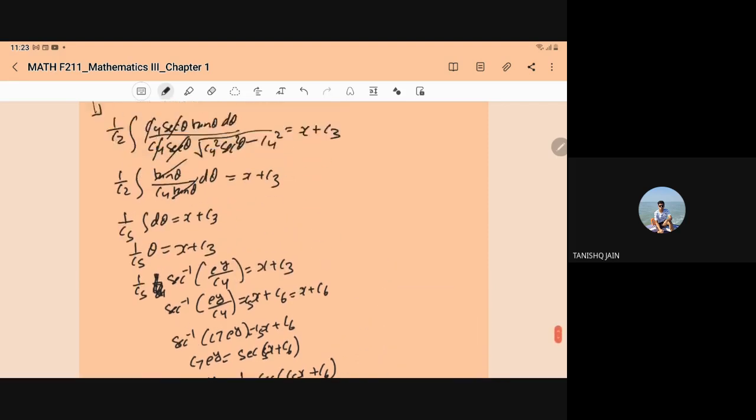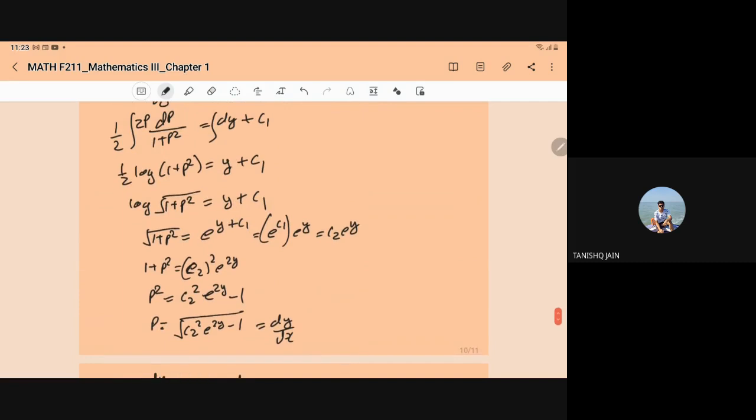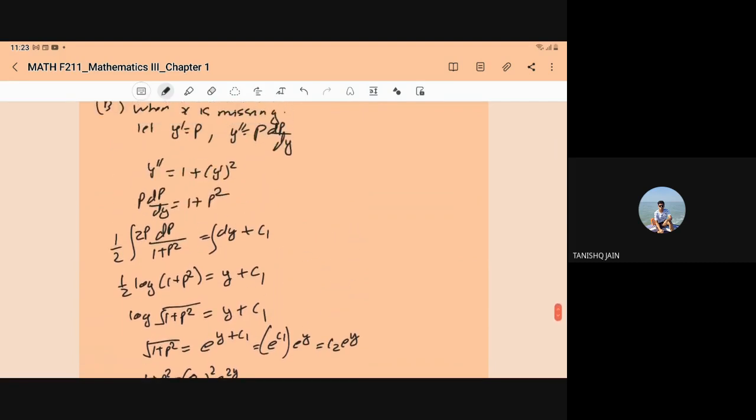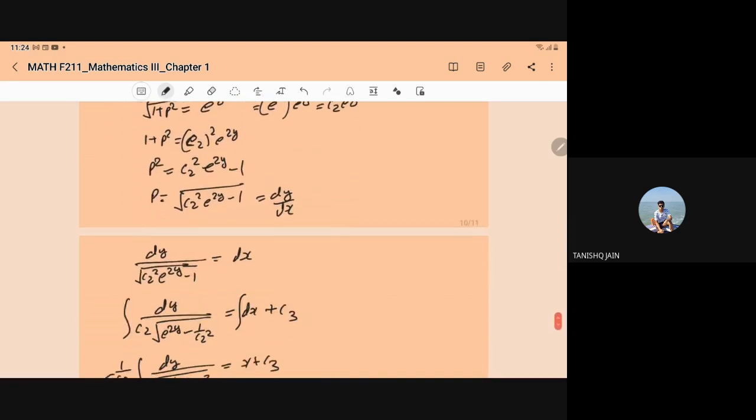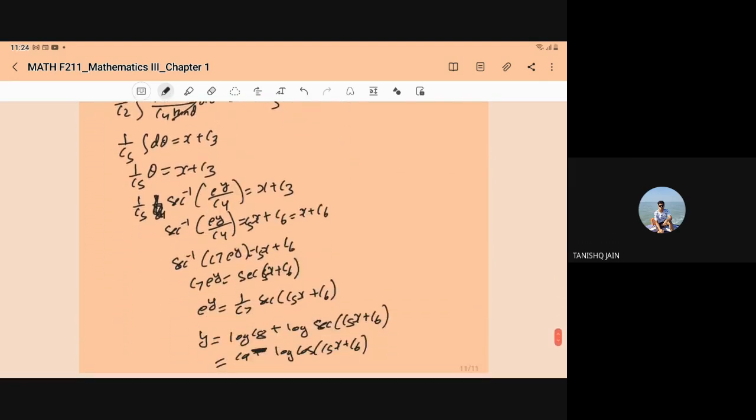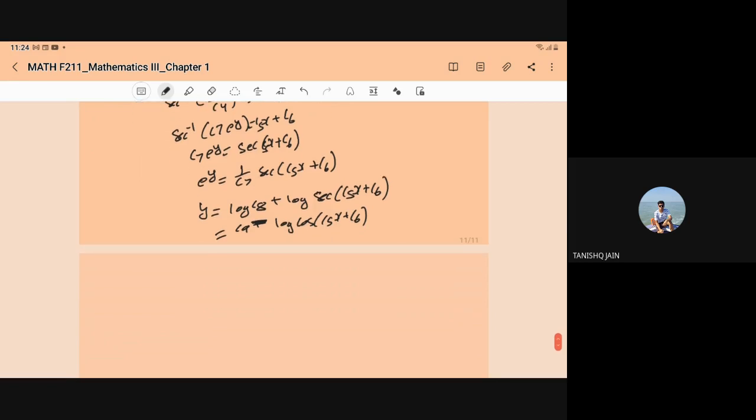So here we have the same solution, whatever solution we have here. We have the constant minus log of cos of x plus c1. Only here we have a constant difference. So both the solutions are the same. A constant multiple of the solution is also a solution, so due to that, we can assume c5 as 1. So by any approach you move, you can get the same answer.